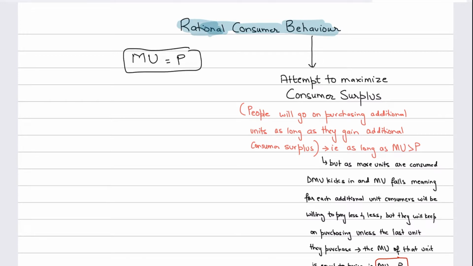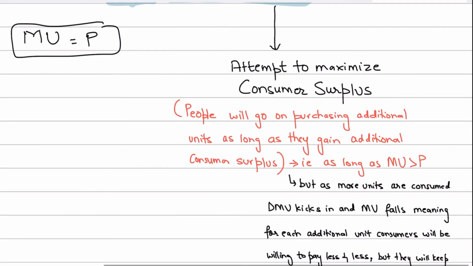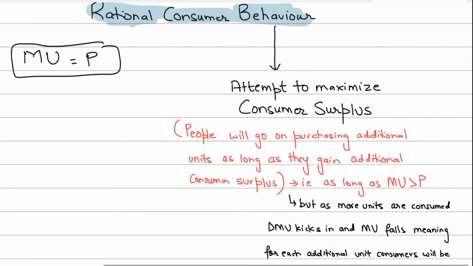So we're going to be talking a bit more in this video, discussing this further, and I'm also going to be representing this concept through a diagram showing the consumer surplus and also showing the deadweight loss of consumer surplus if the consumer acts irrationally. So first of all, guys, remember that whenever the consumer would try to rationalize his consumer behavior, the word that you should write in the exam is that the consumer attempts to